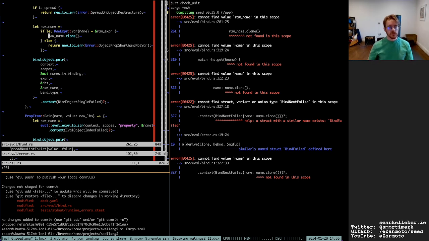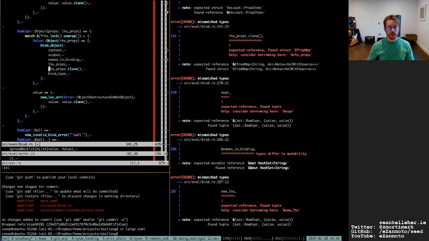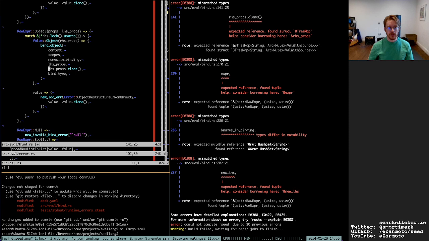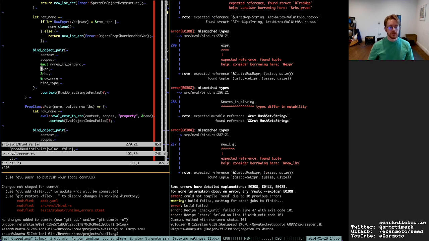Okay, 261. Not found in this scope again, that makes sense. 141. Expected a reference. So I should be able to just do that. 270. Expected a reference. 286. Names in binding.